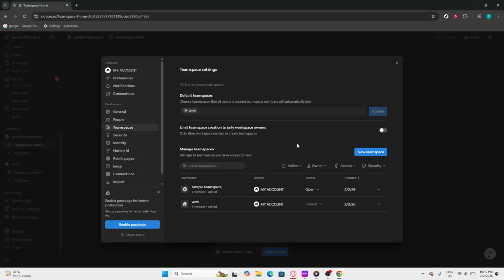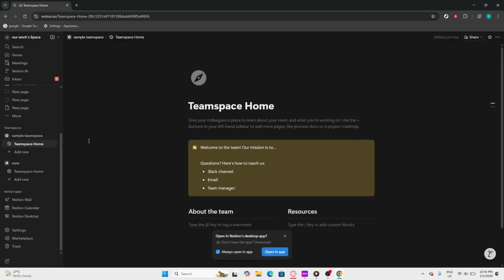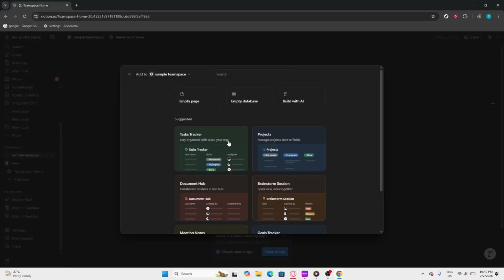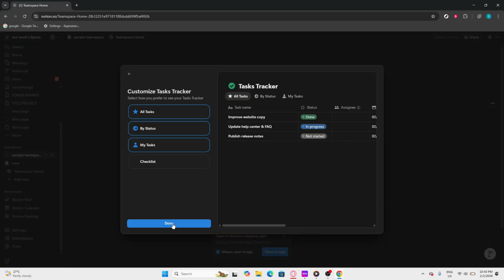To begin organizing your projects, click on Add New Page to create your first page within the team space. This page will serve as the foundation for your team's collaborative efforts. Finally, navigate back to Teamspace Home to view all your projects and pages. This will help you manage and oversee the tasks within your new team space